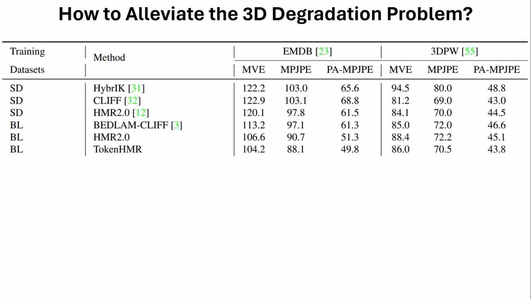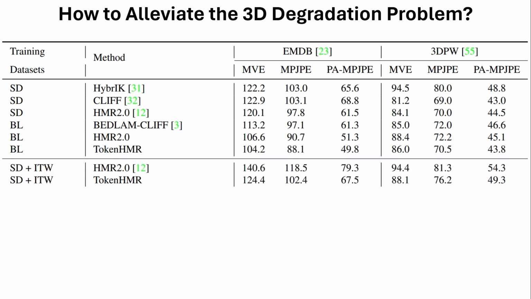Because if I have some 2D annotations, then fine, I can estimate the 3D mesh and then extract the joints and then project it to 2D and then apply some loss function. They have done it, and as you can see, both the HMR2 and TokenHMR become worse. Why worse? Because these 2D losses are applied after projection with some noisy camera model, and that noisy camera model should